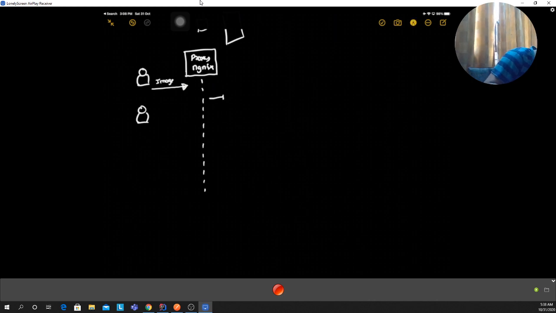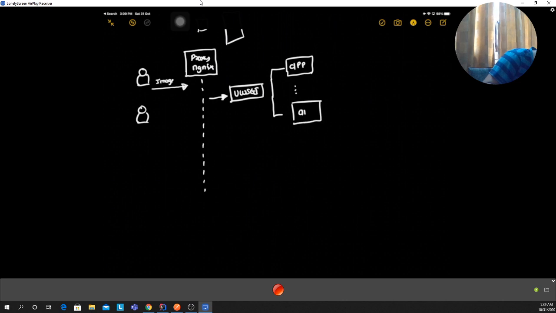So this would basically start the WSGI worker, right? This would create instances of your Flask app.